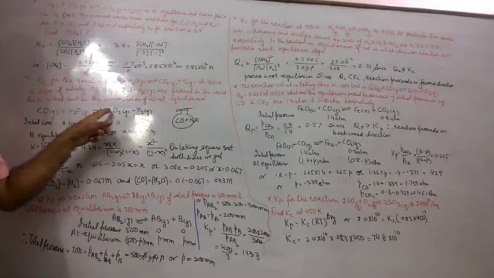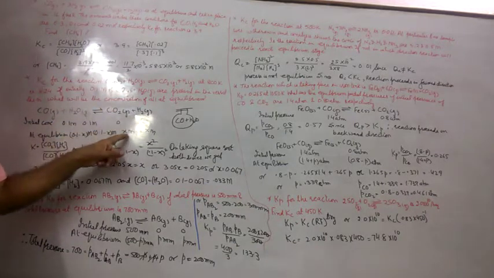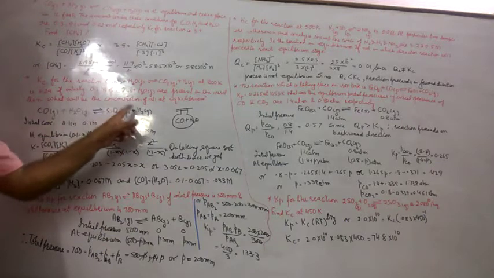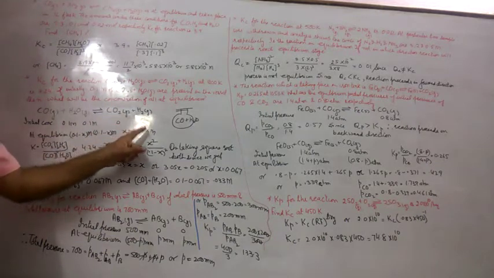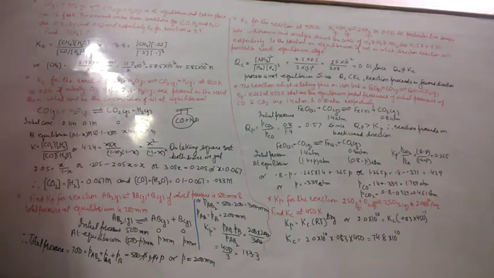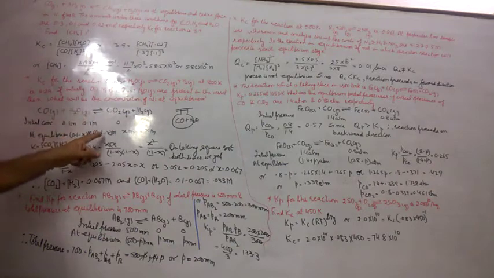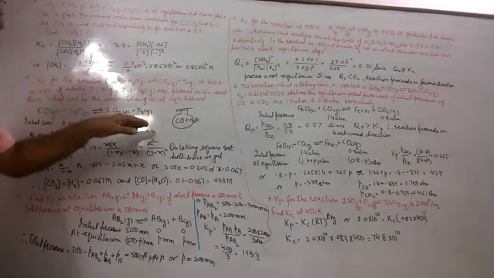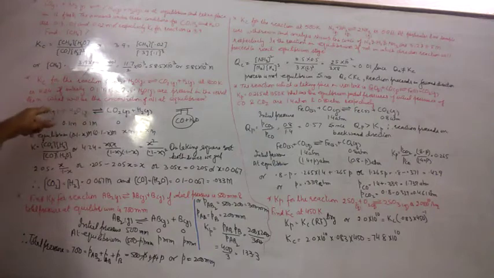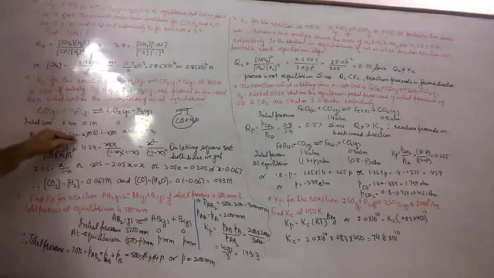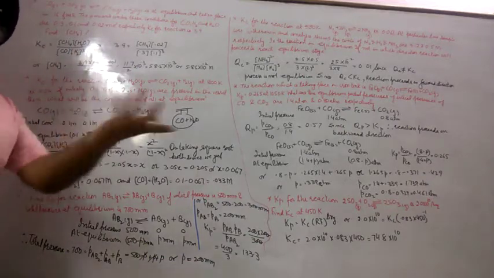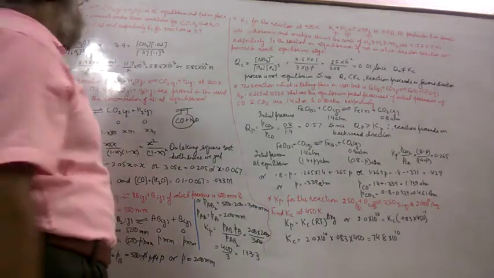Let x be the molar concentration of CO2, and here it is a 1:1 ratio, so the molar concentration of H2 will also be x. The reactants are also 1:1. In this case, it comes to 0.1, and some of it will go, so the remainder is 0.1 minus x, and the same for the other is 0.1. If someone takes 0.2, then it would be 0.2 minus x. They may be the same, may be equal. This is how the composition in the vessel can be taken.